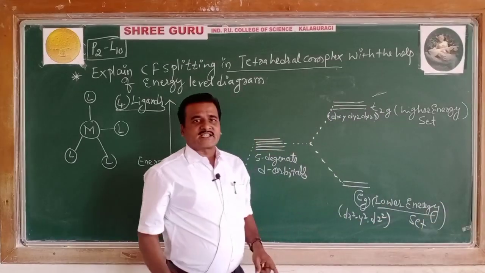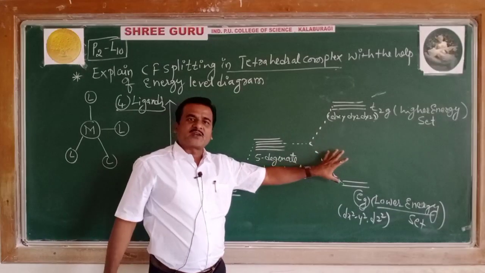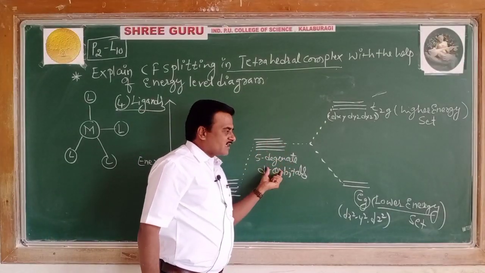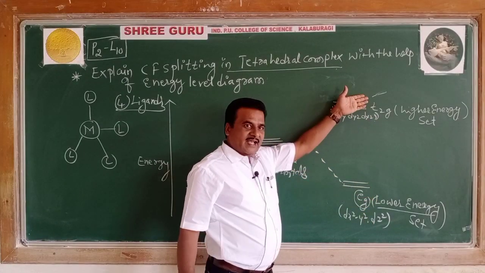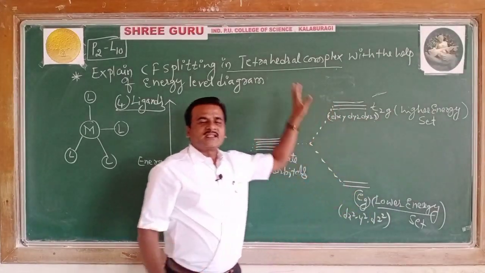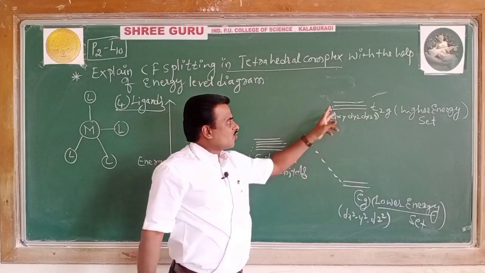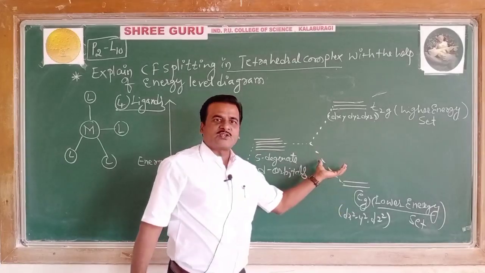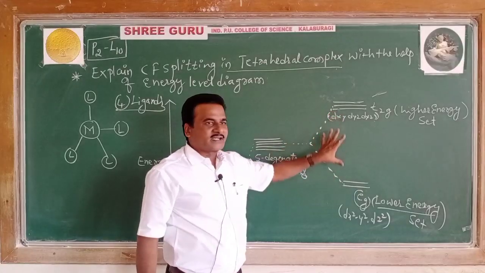Exactly, quite in contrast. The splitting is just inverted when you compare it with the octahedral splitting. In the octahedral, the 5 degenerate d orbitals were split into Eg, dx2-y2 and dz2, higher, and dxy, dyz, dxz, lower, but it is quite inverted in the case of tetrahedral complexes. You just have to remember one of the splittings. If you remember the octahedral splitting, you will definitely get this as its complement, because the octahedral splitting is inverted in the tetrahedral case.